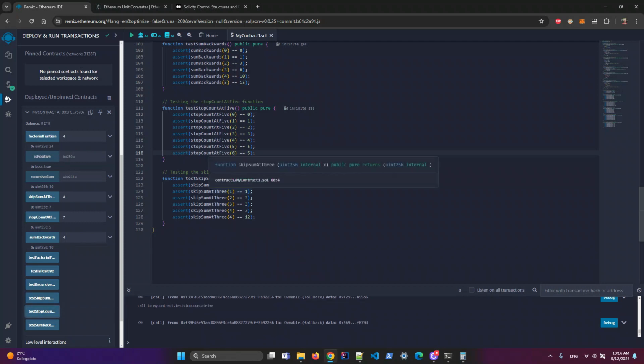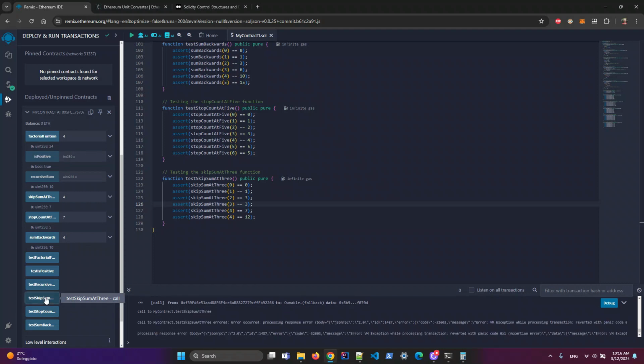Okay, and then we have the test skip sum at 3. When i is equal to 3, it will not sum the number. So here we have that the function at 2 gives the same result as the function evaluated at 3, which is always 3. So if we run test skip sum at 3,